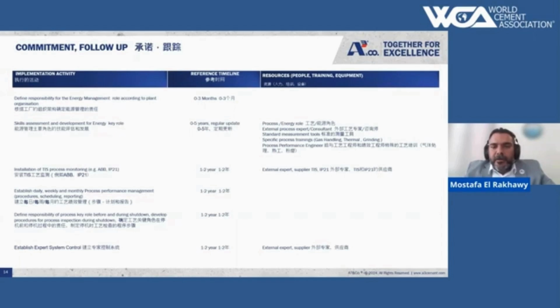If you will audit once per year, you should also measure false air before and after shutdowns to see the impact of the work done on the false air in the preheater, for example. Also to make fan audits for the major fans, once per year is recommended. To make some burner measurement to see your burner momentum, what is the target for your burner momentum, and if you are exceeding or not. And also to monitor, as we spoke before, the cooler operation under grate pressure, cooler exhaust fan, and your kiln. And at the end is to establish, as we said, the AI tool or the expert control system if you achieve a good level of